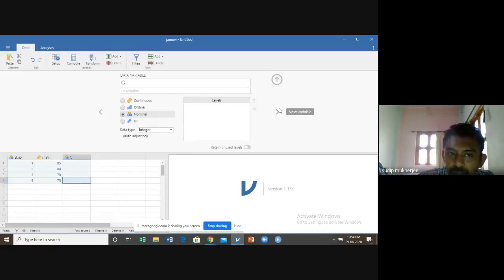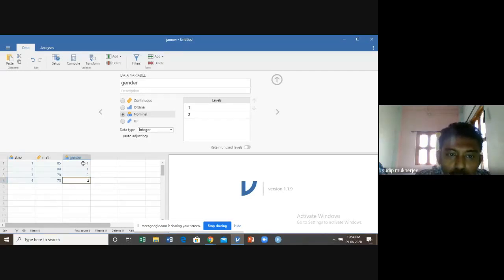Next one is column C. You just click on this arrow, automatically the next variable appears. Now we write the name of the variable as gender, and we write gender 1, then again 1, then 2, then again 2.